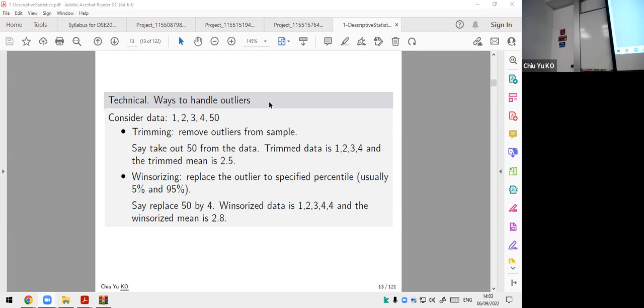Okay, and the question is probably how to define trimming. The standard way is you take away the top 5% and bottom 5%. 5% trimming, or 2.5% or 1%, depends on your data size. So just like the top 1%, bottom 1%, you take away, then you'll be done. Okay, and the other is called winsorizing. Instead of saying Elon Musk, you're out, you make Elon Musk making $4 as well. Instead of 1, 2, 3, 4, 5, 50, you make it 1, 2, 3, 4, 4.